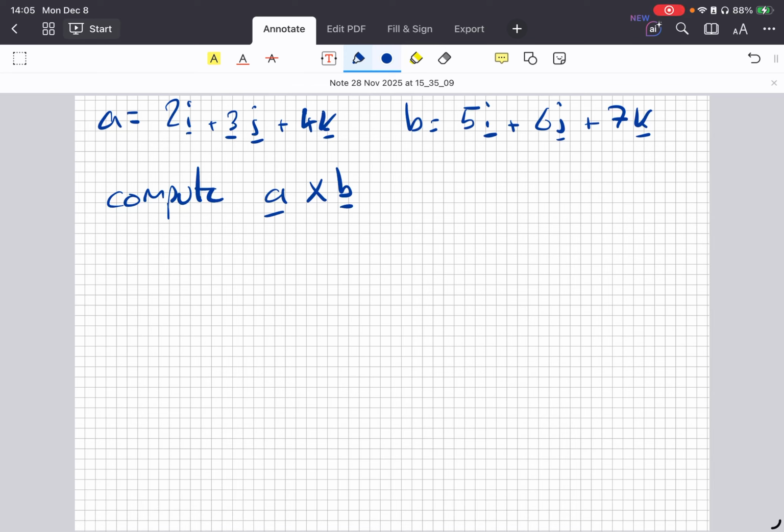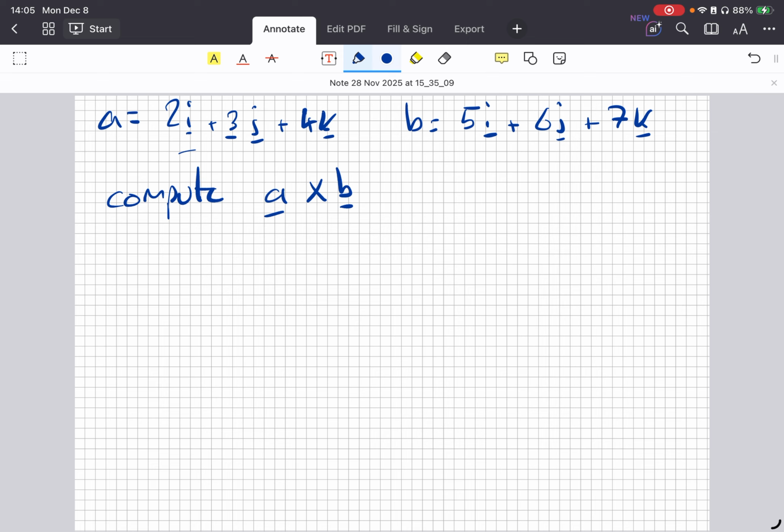Okay, we have another example taking products of vectors here. This time we're going to be doing the cross product between two vectors. And I've just chosen these simple prototype vectors here, 2, 3, 4 and 5, 6, 7, just so we can see the basic structure. The way that I learned to compute cross products when I was a student was to use